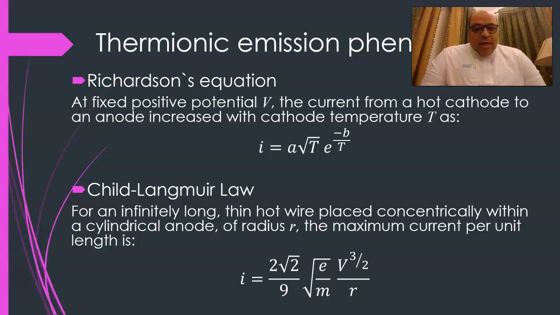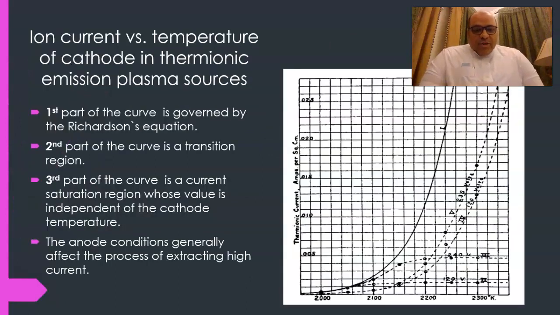I want to show the Child-Langmuir law. Basically, I put the formula for the concentric cylindrical discharge, and we will talk about the implication of this later on in the talk. This is one of the ancient data from one of the Langmuir works, and basically it shows the evidence actually that the